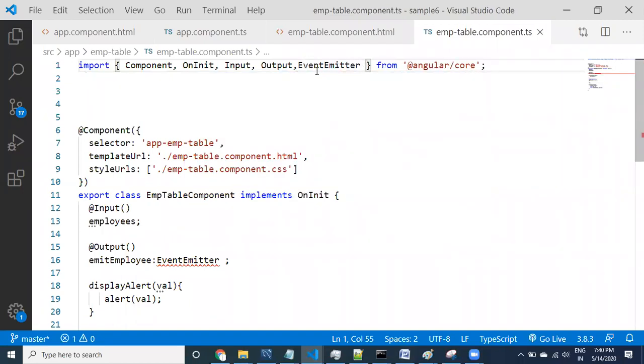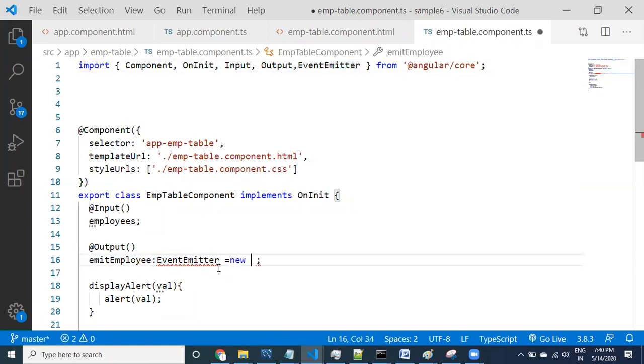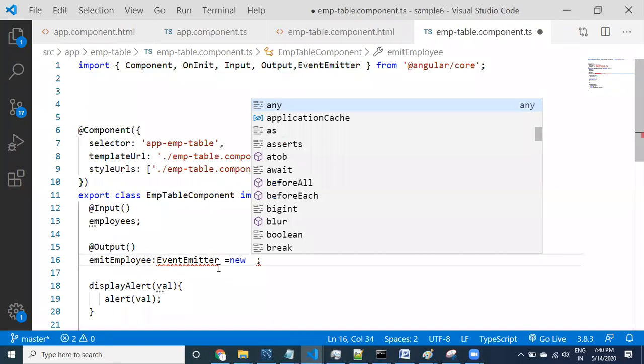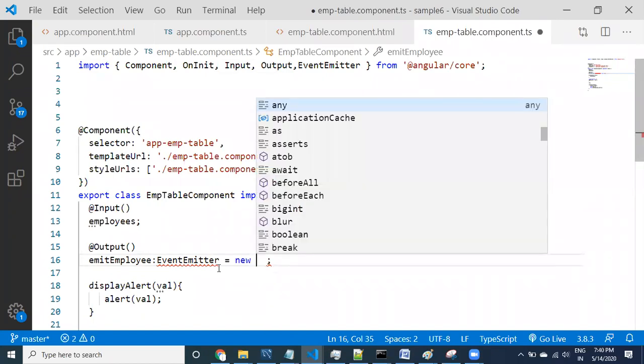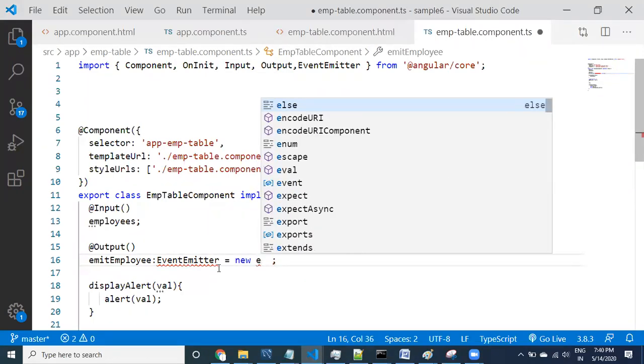A simple mistake: I was using an event emitter from another package. Here you have to use the event emitter from the same package. Let me provide this information so that I can continue using the @Output decorator. I'm going to do multiple examples tomorrow. New event emitter, provide new event emitter.